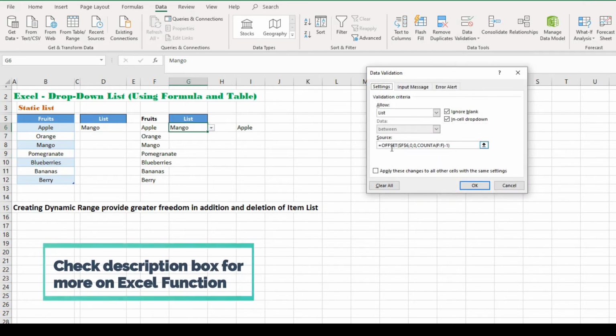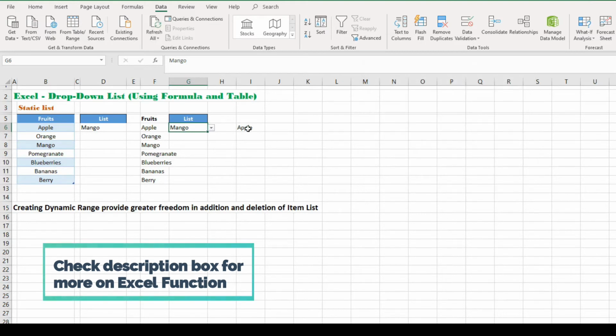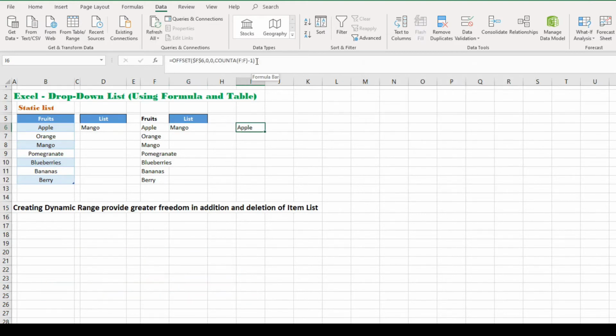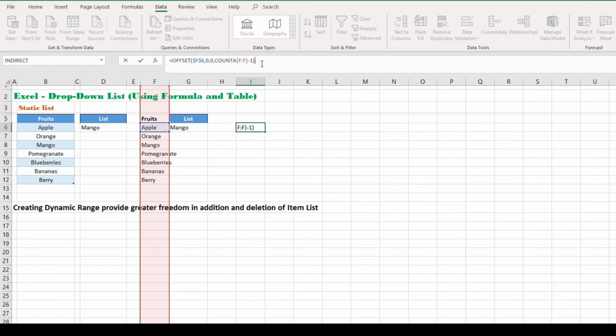This formula is based on the OFFSET and COUNTA functions. Let me explain quickly. The OFFSET function basically returns values from data as per the given offset range. So this is the reference point. We don't have row and column here, and this is the height.